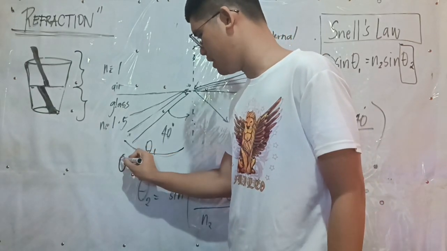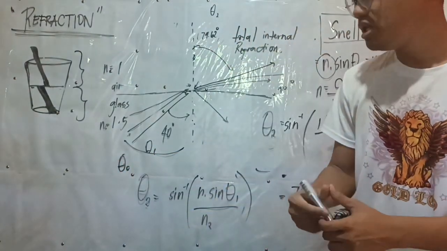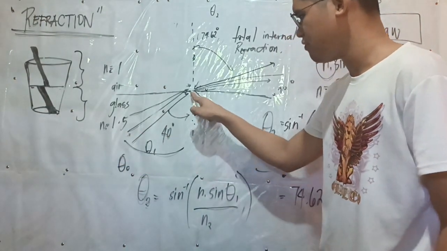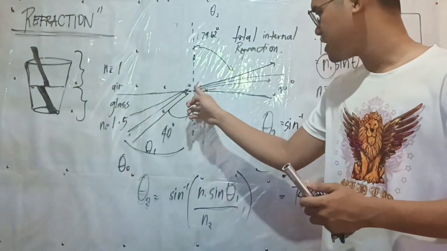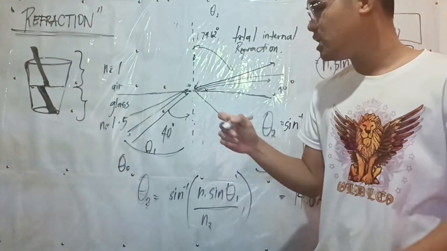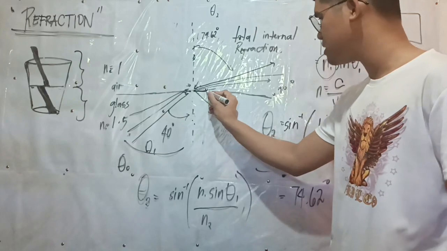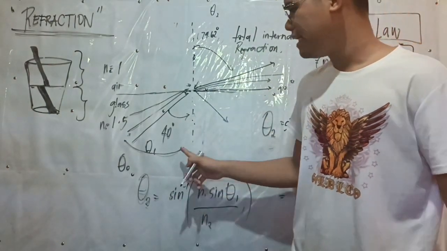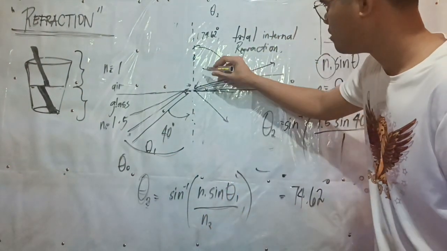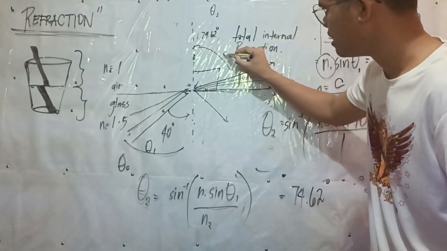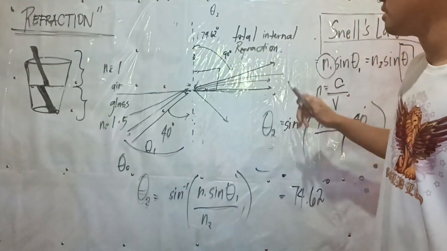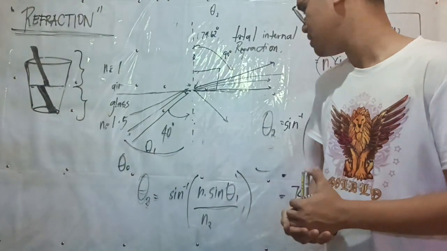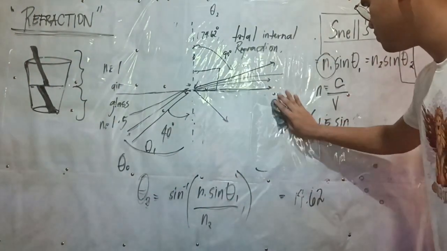There's a critical angle, which is theta C. So this theta C is when a ray is projected to our point of incidence, and the ray that is coming out is equal to 90 degrees. That is our critical angle. It is equal to a right angle, 90 degrees. So, how do we get our critical angle? Going back to our formula,